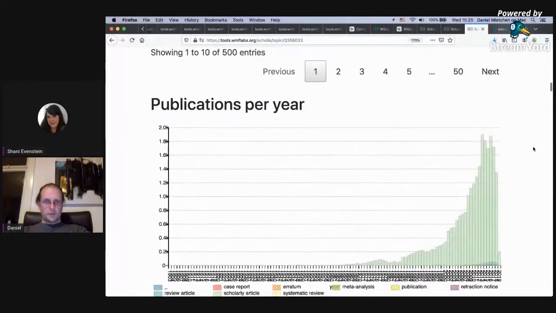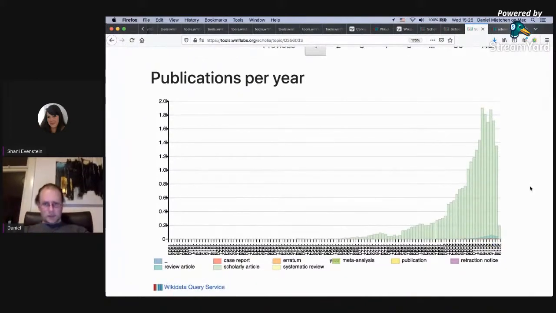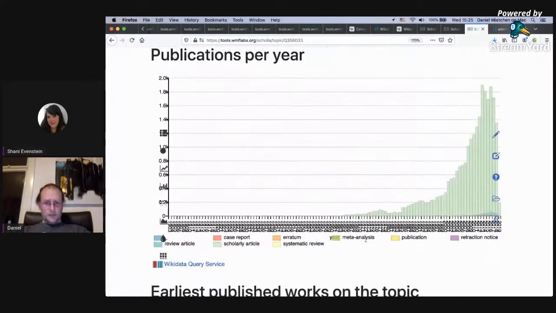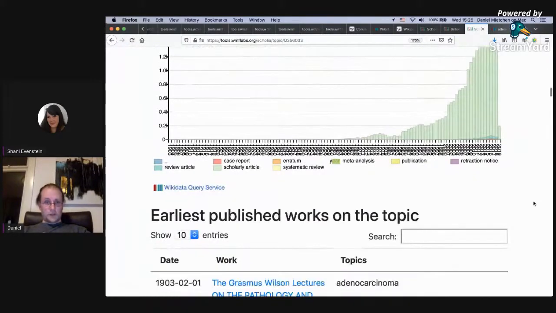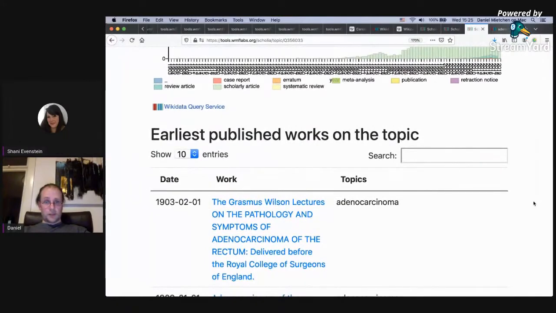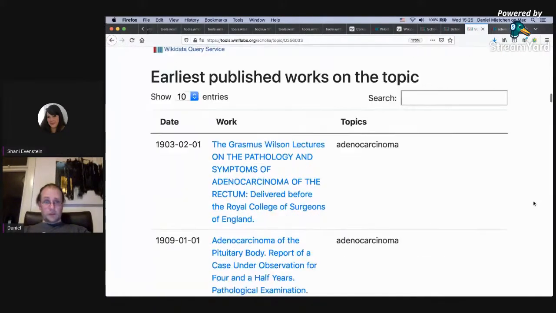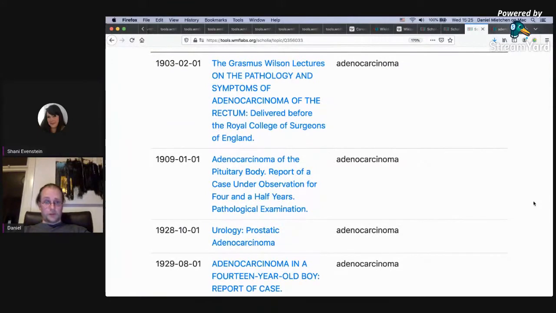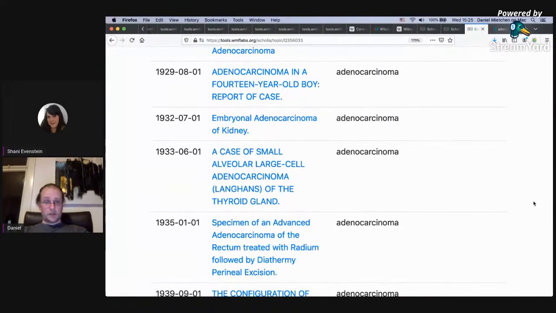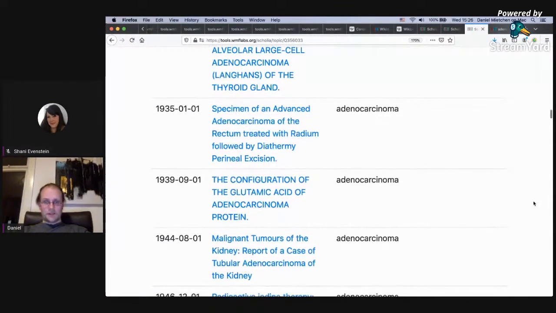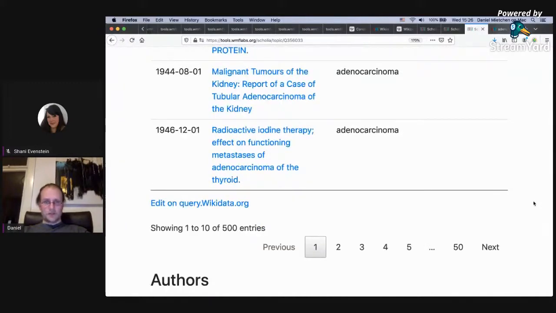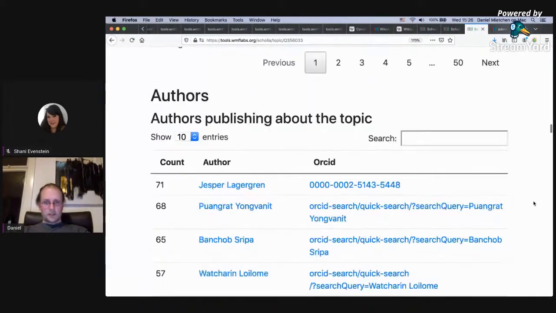So let's go further. Here we see the publications per year. That's essentially the same graph we already saw on the disease aspect, but with a bit more resolution as to what kinds of publications these are. Then we also, interestingly, see the earliest published works on the topic. So yeah, sometimes if you're a historian or so, this might be very interesting. For some topics, like religious or historic topics, this actually goes back millennia. So some of the literature indexed in Wikidata really goes back hundreds or sometimes thousands of years, especially like ancient